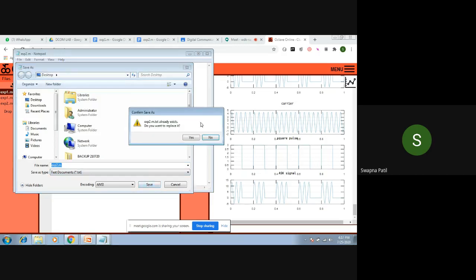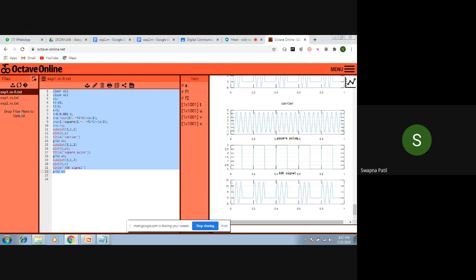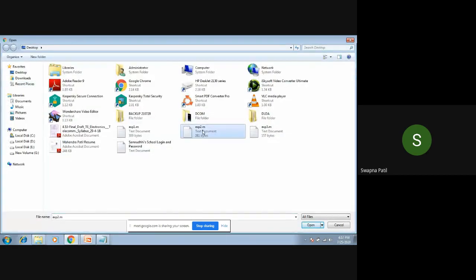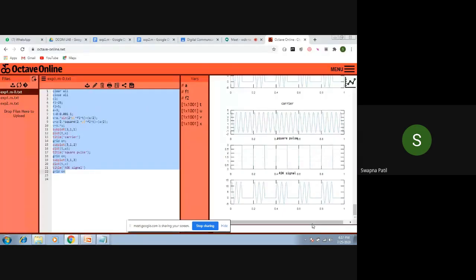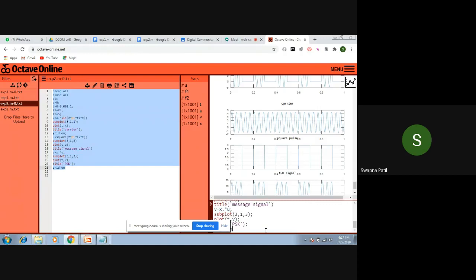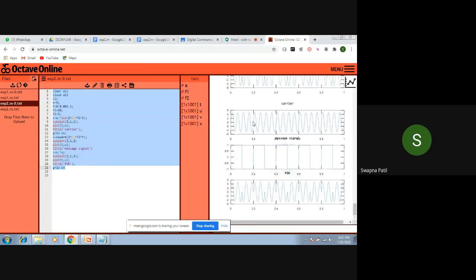Okay, it is already saved, so I will just replace that, and I will again upload it from the desktop, open that, and here I will copy this program, paste it on the command window, and just press enter. This will give you the output for the PSK, where you have a carrier signal, digital signal, and the expected PSK output over here.